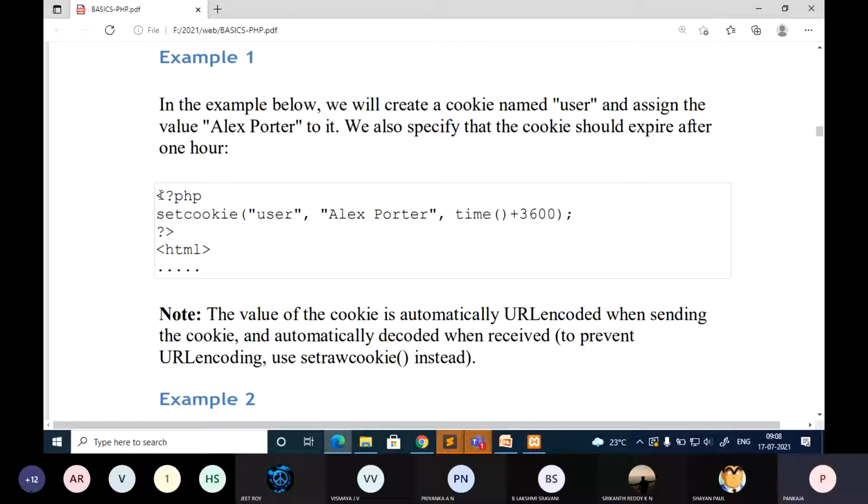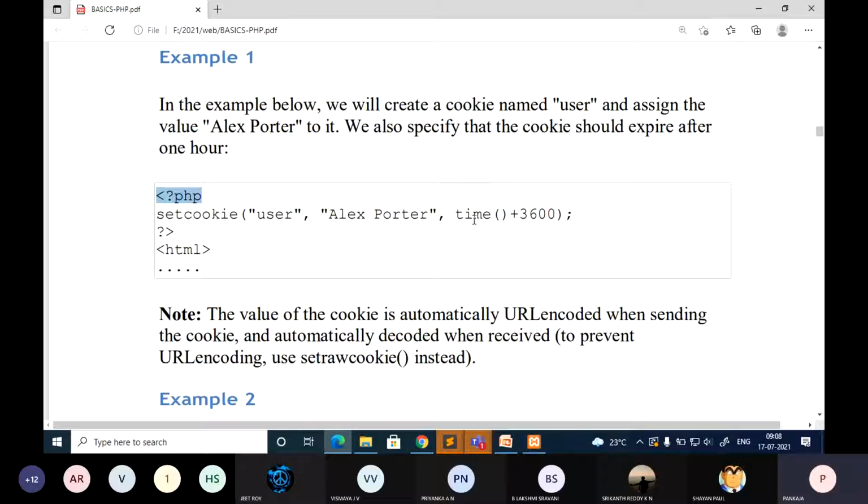So how to start the code? As usual, write the PHP tag, followed by invoking this function setcookie, specifying the name. I have given the name user and the value Alex, followed by which you need to specify the time. In PHP we have a predefined function to get the time information.